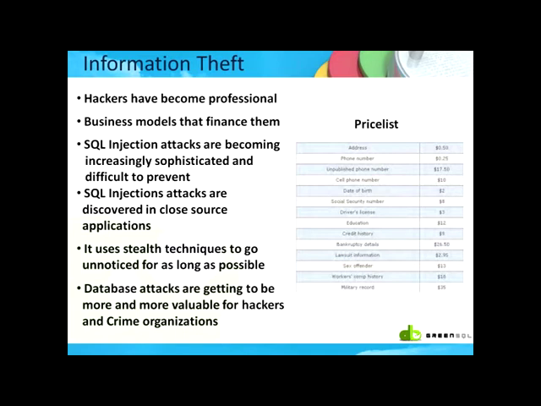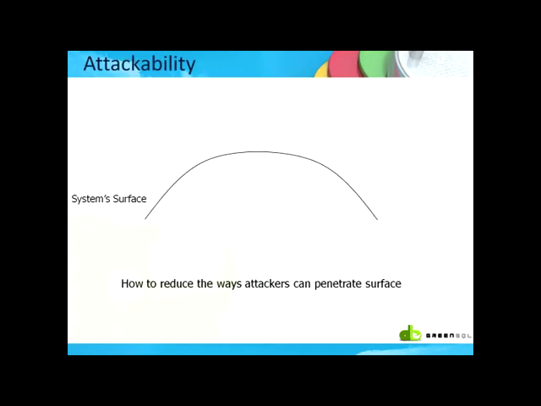To your right, you can see a price list that we found online. There are a few, I won't call them companies, but a few organizations that can sell you any type of personal information, as you can see in front of you, of any American or Canadian citizen for just a few bucks. Using Google, it took us just a few minutes to get to those places that can sell you the most expensive military record of an American citizen for just a few bucks. And all this information, for which there's a huge market, was stolen from databases.